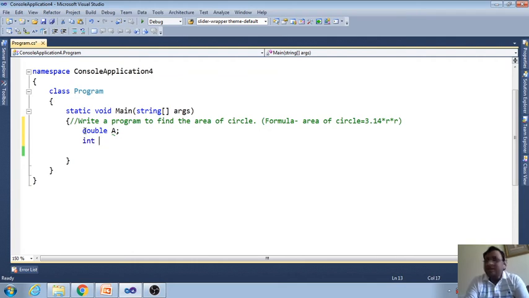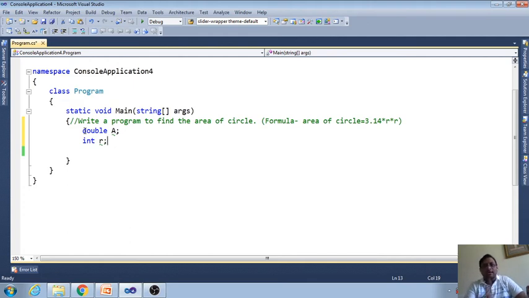Now for the radius I'm going to declare an integer data type r. If you have 1r, 2r, 3r, 4r, for any number of r's we will declare only one variable for a single r. Do not think that because we have 2r we will declare the variable two times.